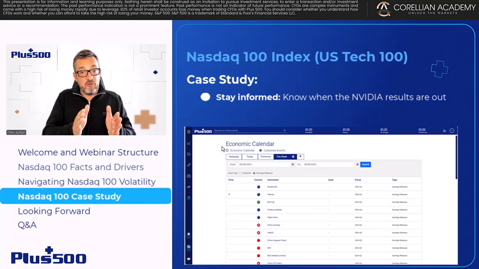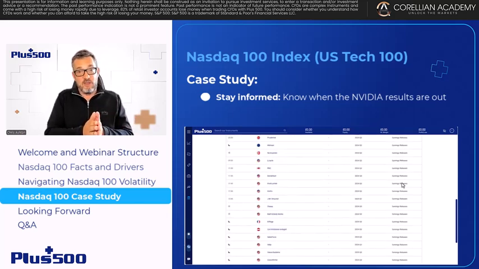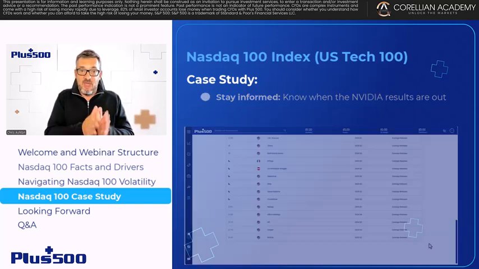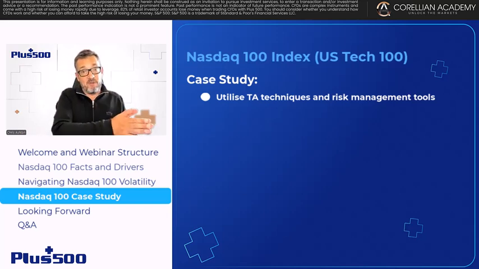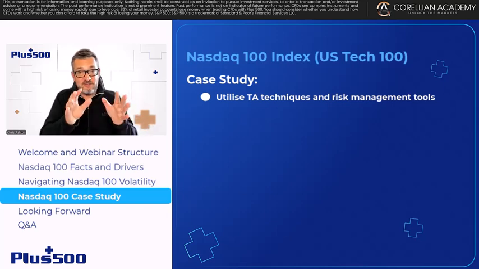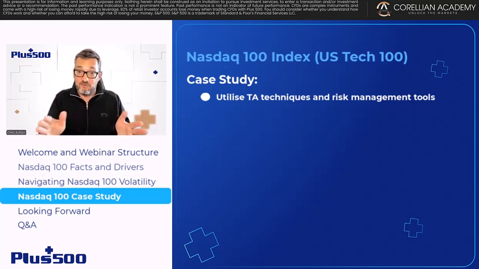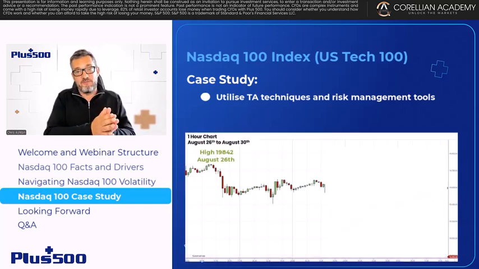I know the NVIDIA results are out after the market close on Wednesday, August the 28th, as I've checked the corporate events calendar on the Plus500 system. Next, I want to utilize some technical analysis techniques and risk management tools available on the Plus500 platform to identify some levels to trade against and to protect my position if my trade idea was incorrect and the trade moves against me. Using a 1 hour chart, I can see that the high of the week so far is